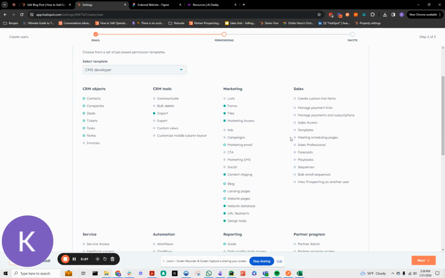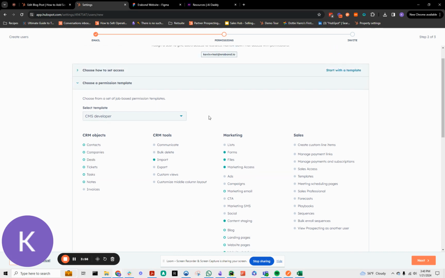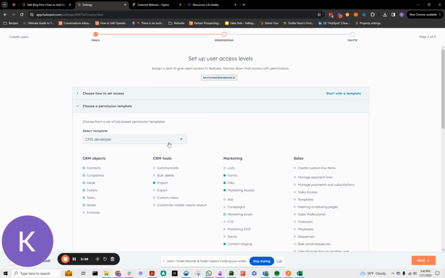For a CMS developer, they have access. So a CMS developer would be a web developer. They have access to see all of the objects, but they can't edit them. They can import, which again might be too much access. And then they have a lot of control over being able to upload files, create forms, stage content, and then create basically and edit blogs, landing pages, and websites. In this situation, they can't publish it. So you have a little bit of constraint there, which is beneficial,